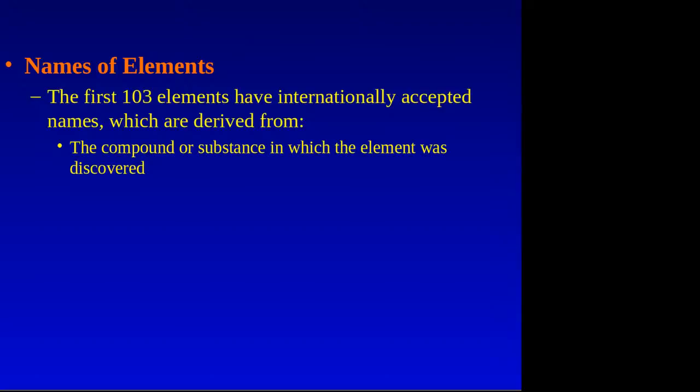Gold has the symbol AU, from the Latin word for gold, while hydrogen just has the symbol H, and helium has the symbol HE. So there are recognized symbols and recognized names. A lot of the time, some of the symbols are a little bit hard to match with their name. For example, potassium has the letter K as its symbol. But those all exist in a periodic table of the elements.